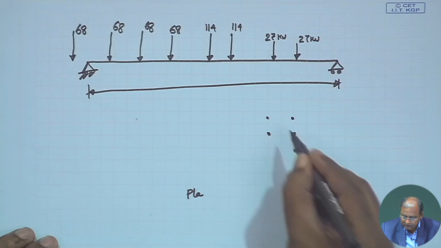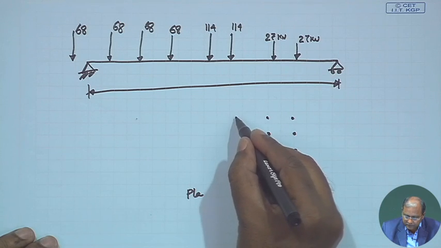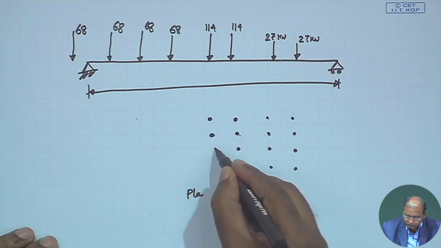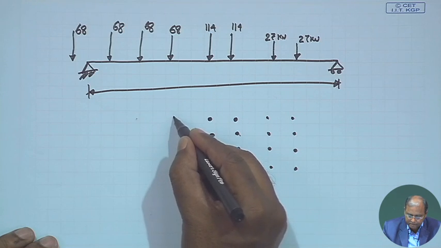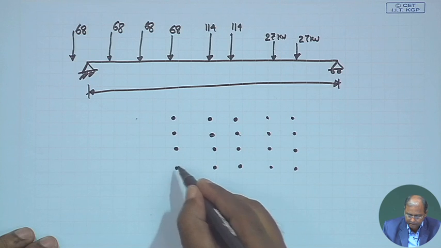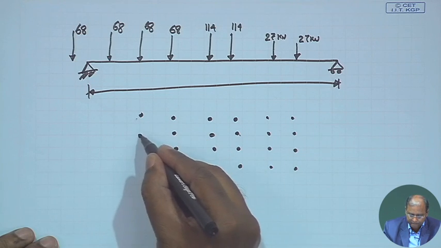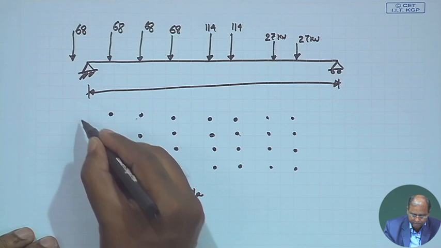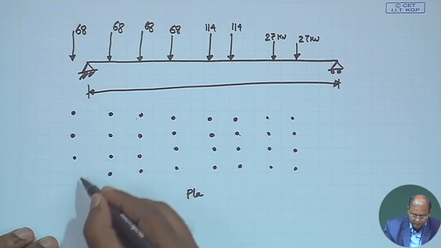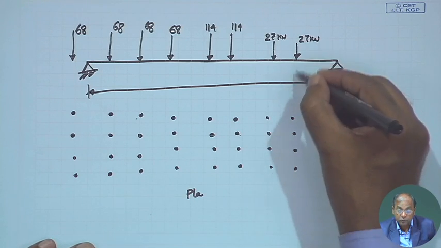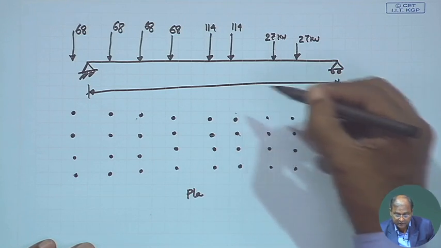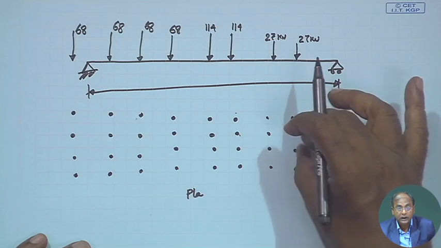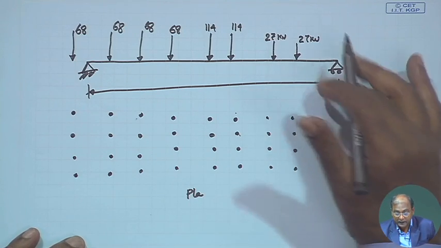Another set you are getting here. If we look from the top, this one I am getting here, this one, so this is the line of 27 kilonewton. This is another line of 27, this is another 114, that means here we are getting 13.5, 13.5, 13.5 like that. So, this corresponding load for each girder I shall find a new value, and that means this 27 kilonewton,